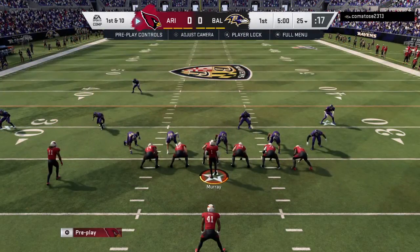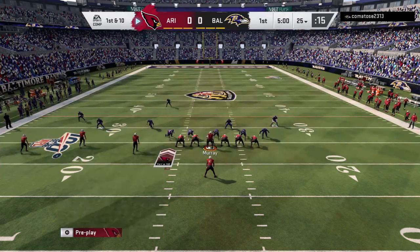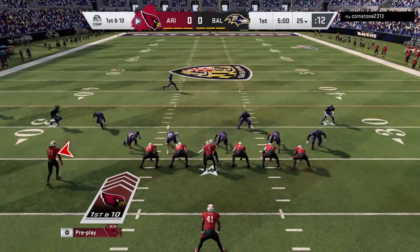Here we go. Get the flag. Check 48. The mark. Who's going to book it? The ball team. We got to go. Let's keep